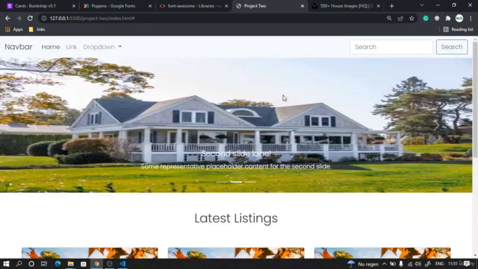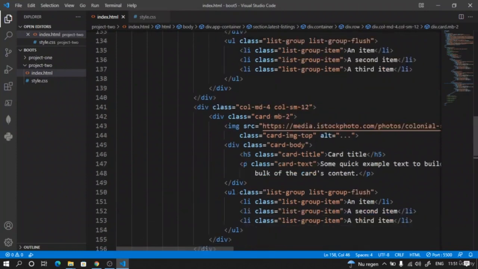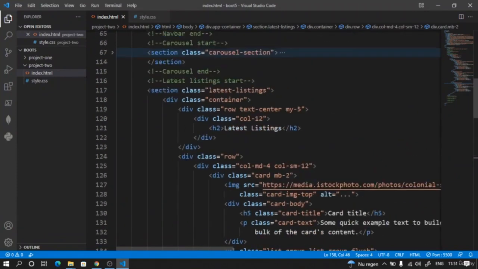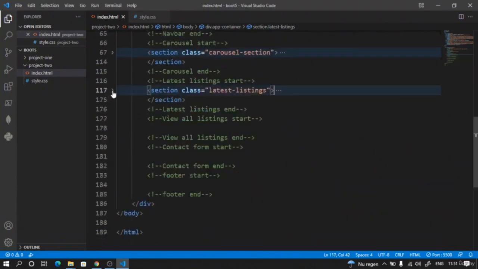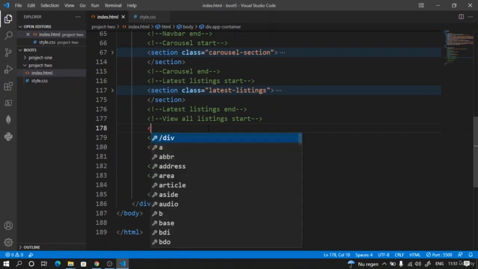Let's go ahead and create our call to action section. So in here now I'm going to minimize this latest listing section, and here we have the view all listings or call to action section. So we can also call this call to action or something. For now we will just keep it as view all, and I will say section,